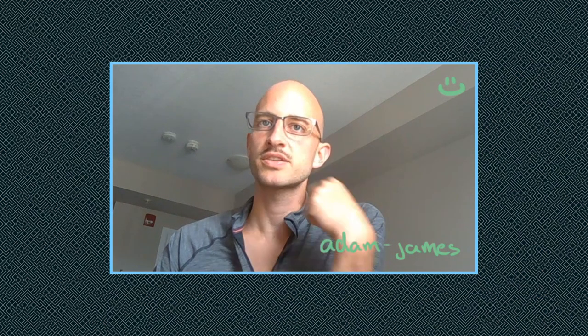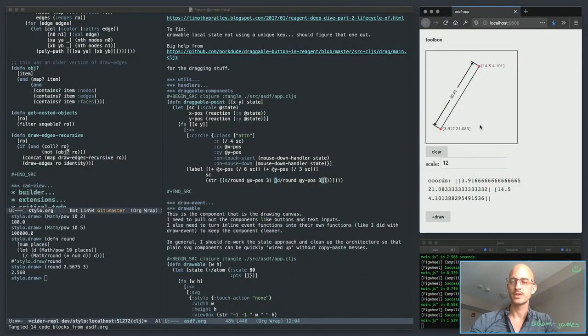I've been trucking along trying to build out some reagent components that I can use to improve my design workflow as I go, and I'm just going to keep working on those things for the day. So that should be what we see today. So I may as well just get right into it. Here we are. So what I've got going on,